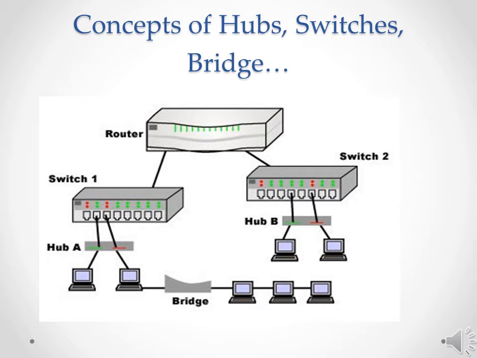Third, router. A router is a networking device that forwards data packets between computer networks. A router operates exactly as a switch, learning the location of the computers on its connections and routing traffic only to those computers. Fourth, bridge. A bridge is a networking device used for connecting two different networks together and providing communication between them. Fifth, repeater. A repeater is a network device used to regenerate or replicate a signal. Sixth, gateway. A gateway is a network node used for connecting two networks that use different protocols.